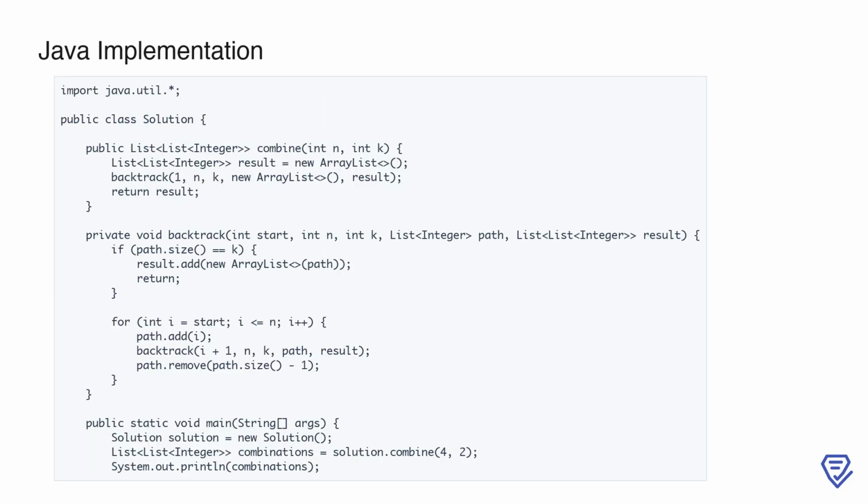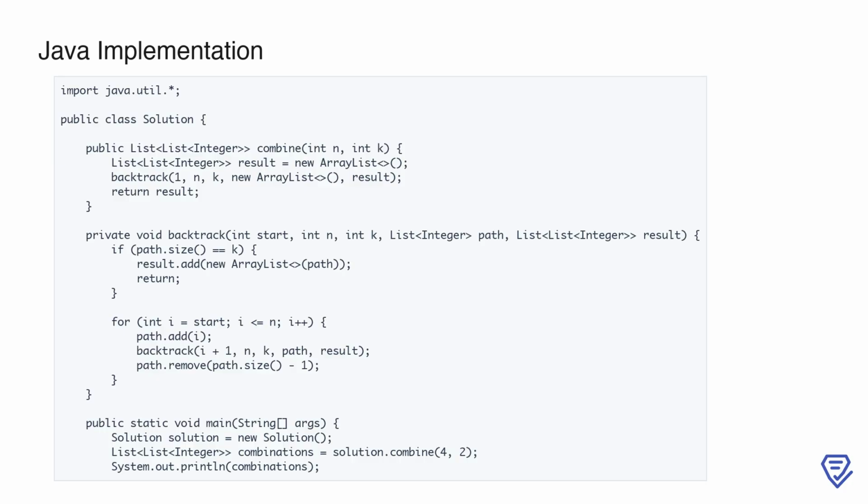Here, we begin by defining our solution class and its main method, combine. This function takes two parameters, n and k. The goal is to generate all possible combinations of k numbers chosen from the range 1 to n. To achieve this, we initialize an empty list called result to store the final combinations, and we use a helper method called backtrack to handle the recursive logic. The backtrack function is defined to take several parameters: the current starting point, the range limit n, the desired size of the combination k, a temporary list called path to build combinations, and the result list to store the completed